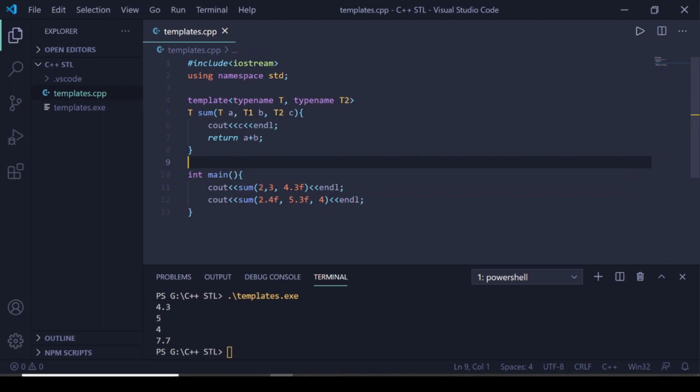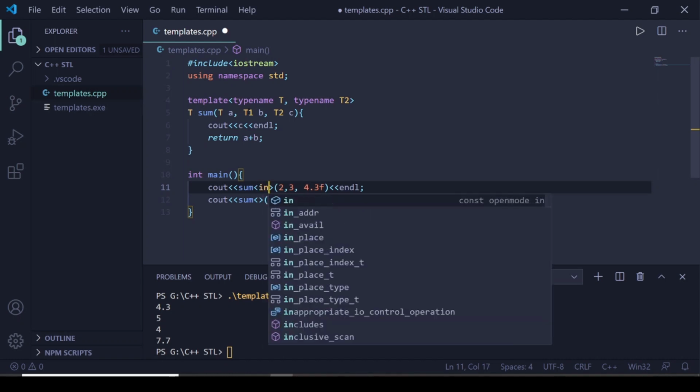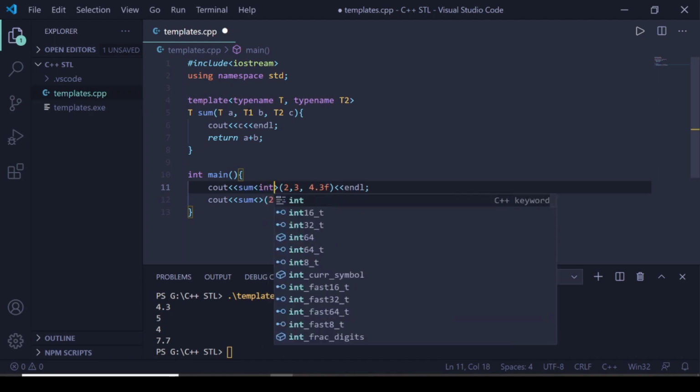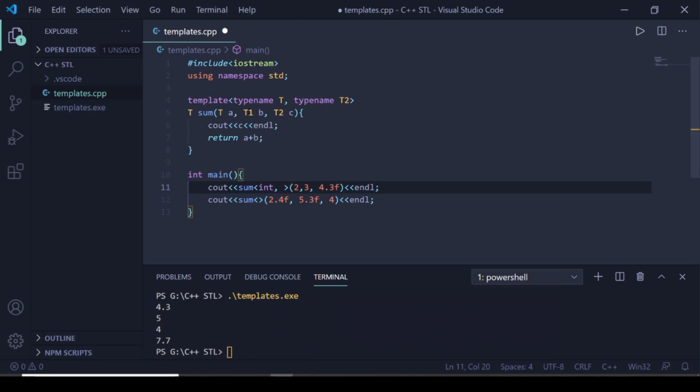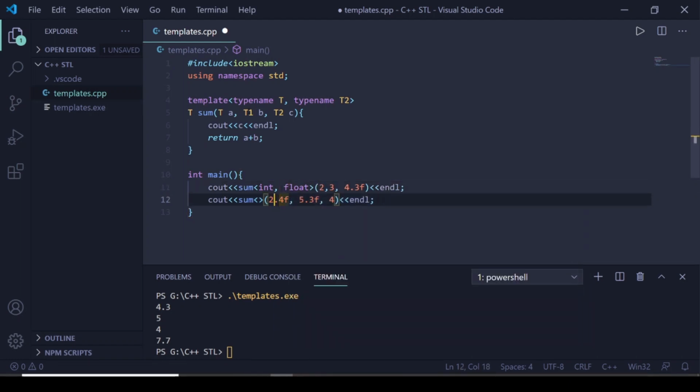To fill the placeholders, we have left the two placeholders. In some cases we have to fill the placeholder before the parenthesis. So what I can do is pass the two placeholders here. The first placeholder is T, so it is int because we will be passing an integer, and the next will be float because our second, T2, is float.